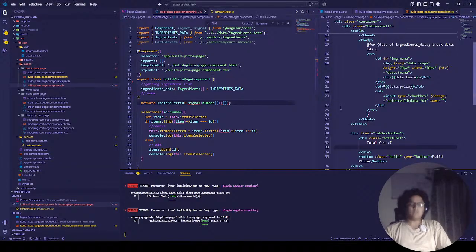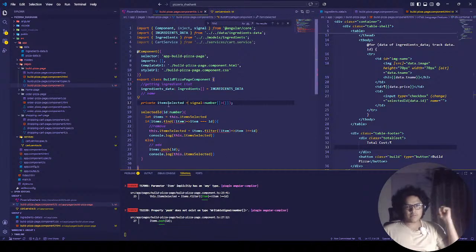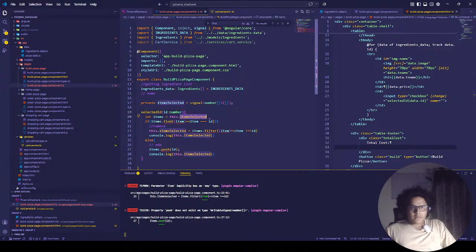Oh shit, yeah. Why am I selecting type over here? Now it's all good, I guess. Yep, it is all good. Now everything is stored. Now this is also a signal. Item selected is also a signal. Now I'll use the item selected over here, right? Now everywhere it is getting used. That items that find items that